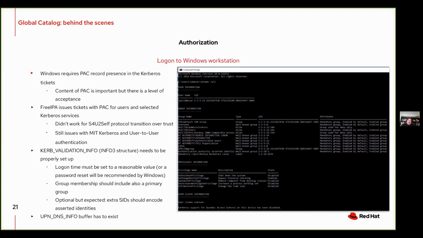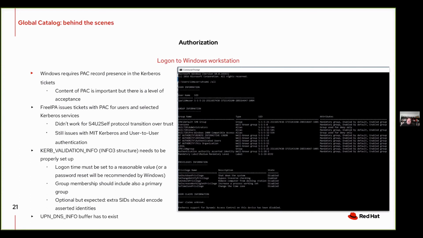And one important element here below the IPA IDM group is the information that the ticket, the credentials of the user, were validated by the KDC. So it's the authentication authority asserted identity of this user. And therefore there is this S-1-18-1 SID.